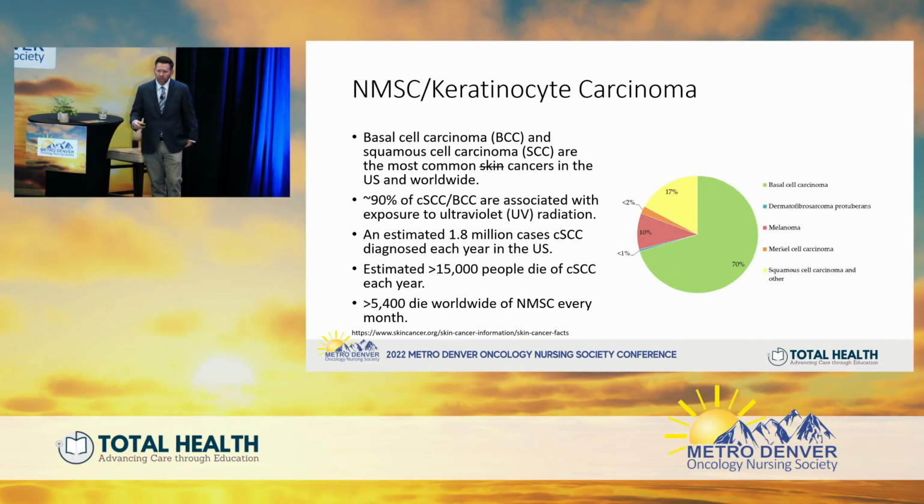So just to wrap up here, just to throw a little bit in about non-melanoma skin cancers or keratinocyte carcinomas specifically. There's both basal cell carcinomas and cutaneous squamous cell carcinomas. And these are the most common, not just skin cancers worldwide, the most common cancers worldwide, and they're predominantly associated with exposure to UV radiation. So it's the mutagenic effects of UV radiation that leads to these tumors,